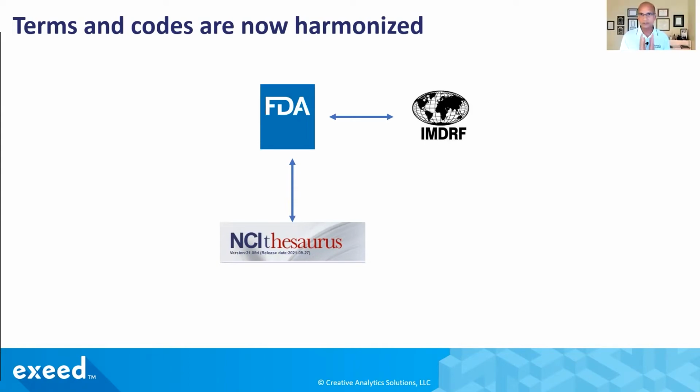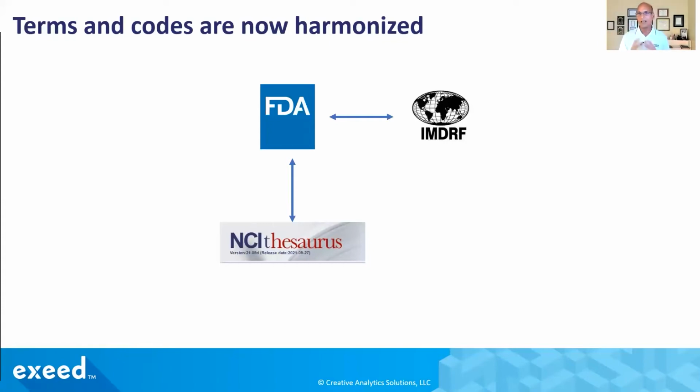Well, so yeah, so I'll give you examples, but think about it in the context of what we have already talked about. If the overall goal is to mine this massive amount of data being generated in many parts of our healthcare ecosystem, we need some standardization. NCIT terms are used very broadly for research purposes. I'm expecting for reporting purposes, maybe for claims, maybe for electronic health records. I will look into that more and learn more. But if we are going to mine that information, we need some mapping between how FDA is coding adverse events or has been coding adverse events, how IMDRF is going to recommend those codes.